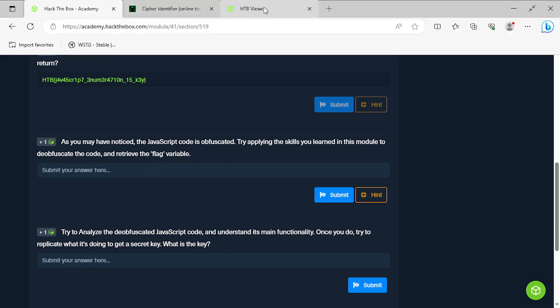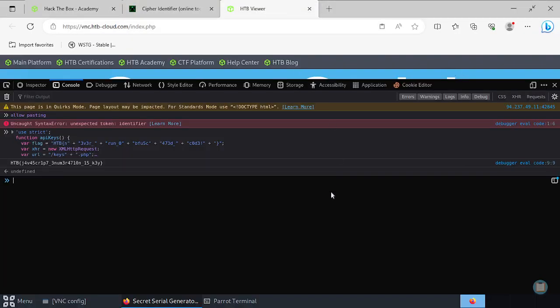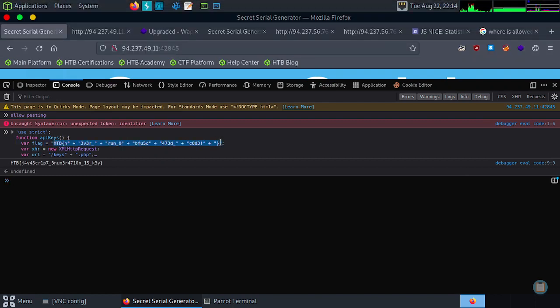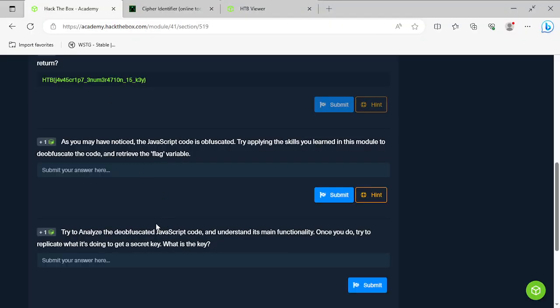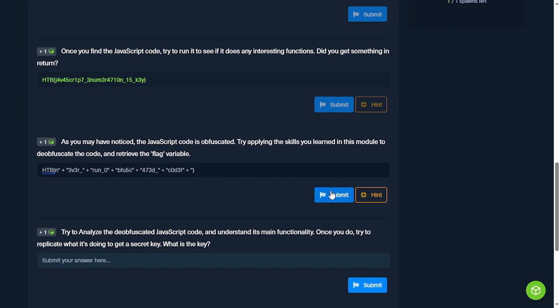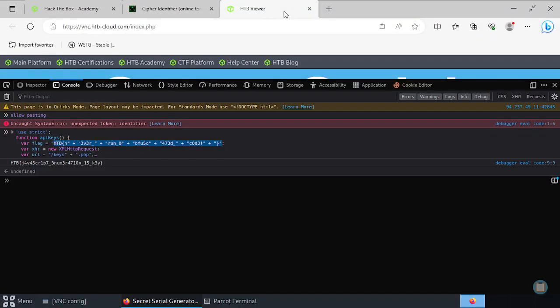So let's take a look. The flag variable. Okay, so it wants the entire variable of the flag. Entire flag variable. Never run obfuscated code. Is that,